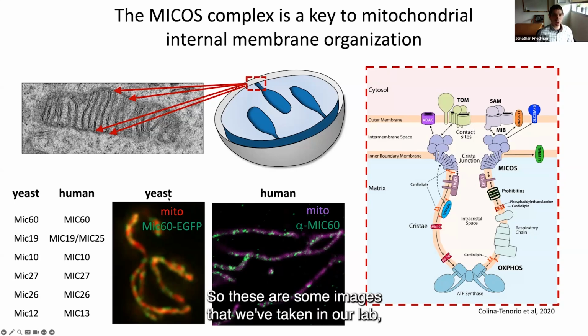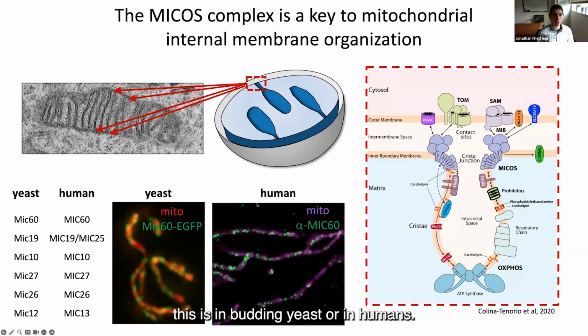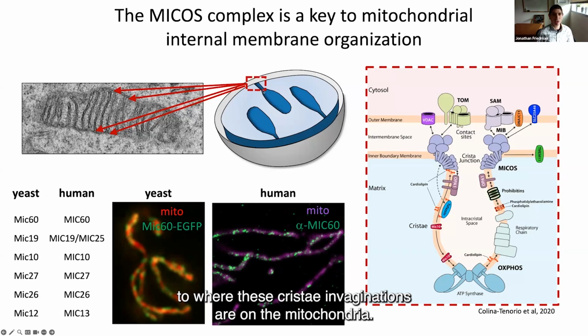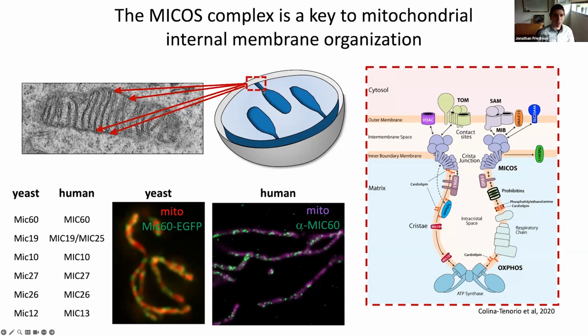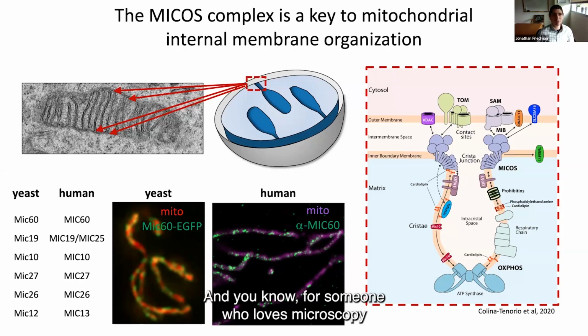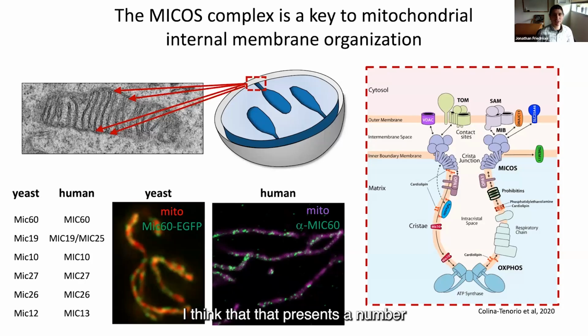So these are some images that we've taken in our lab. This is in budding yeast or in humans. If you label MECOS proteins with GFP, or if you use immunofluorescence in humans, what you can see is that it takes on this semi-punctate, dotted nature. Wherever you see these dots, we think this corresponds to where the cristae invaginations are on the mitochondria. On top of being very important for cristae organization, they're also just quite beautiful to look at. And for someone who loves microscopy and loves thinking about spatial organization, I think that presents a number of really